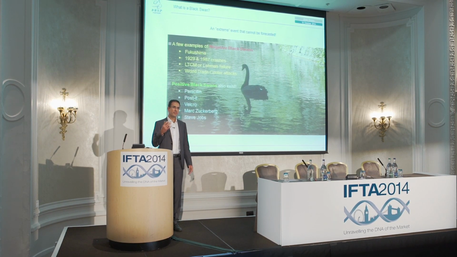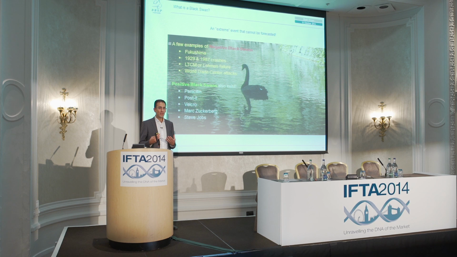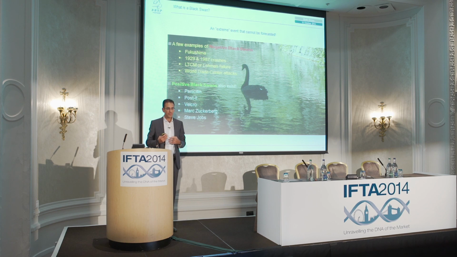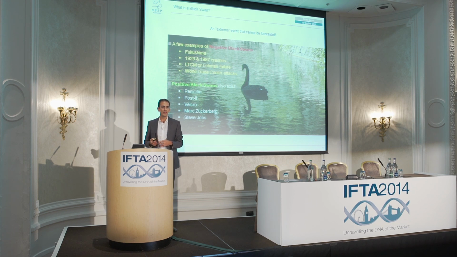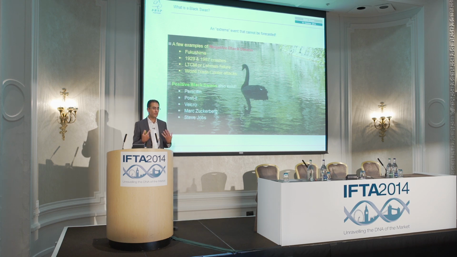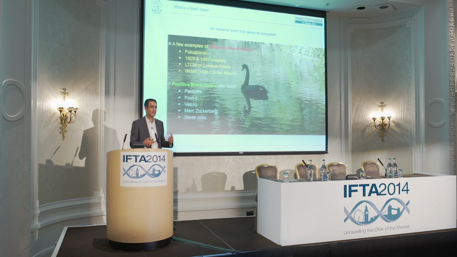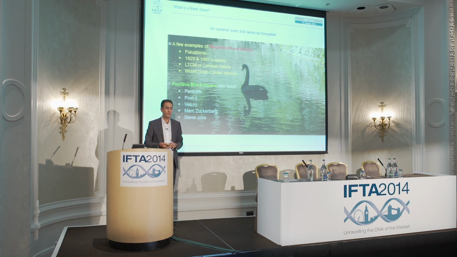So very quickly, very briefly, a definition of black swan. A black swan is an unexpected event, an extreme event that by nature cannot be anticipated. As you can see, I put negative black swans on the upper part of the slide. The first one, Fukushima, is for me a real black swan because anticipating a nuclear problem following an earthquake was almost impossible. I mean, that's the butterfly effect. It never happened before, and that's something that was unexpected. It's a real extreme event.